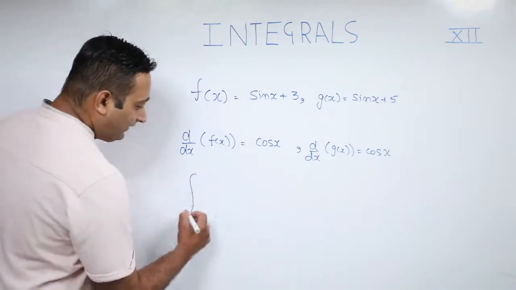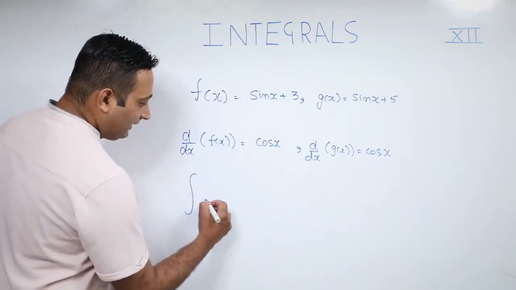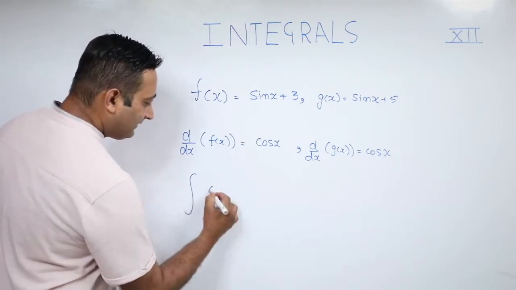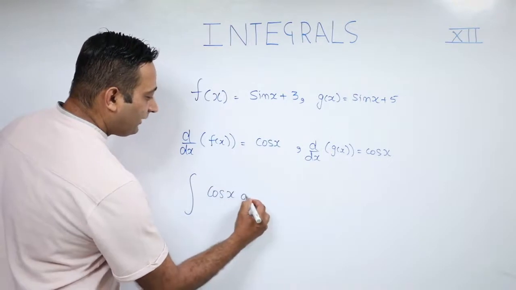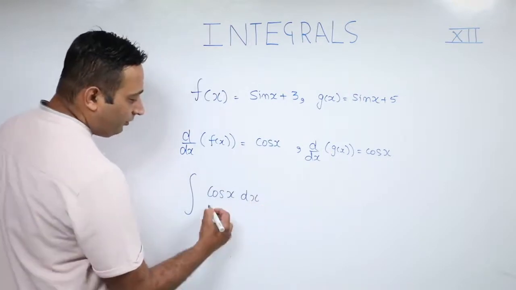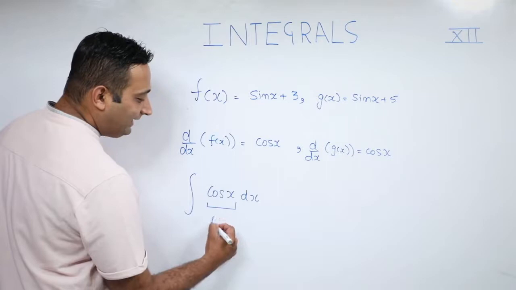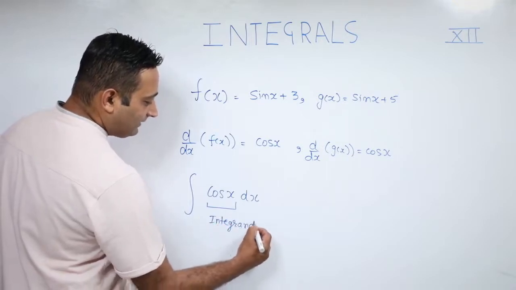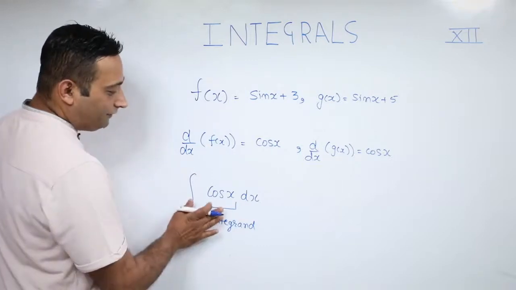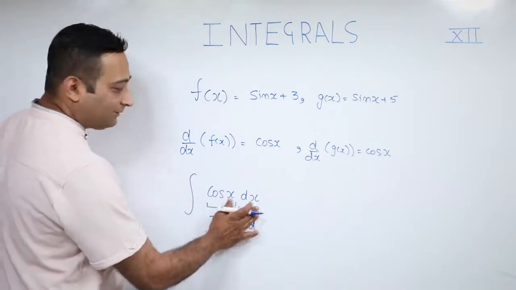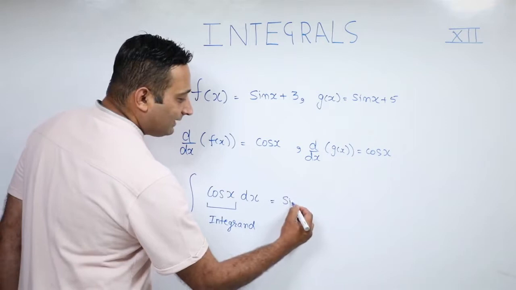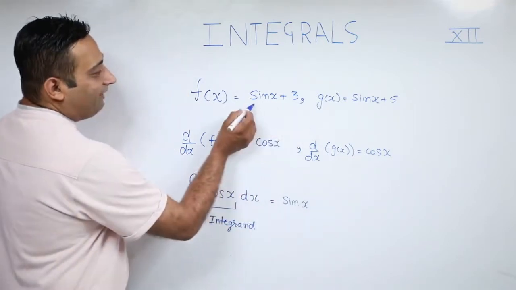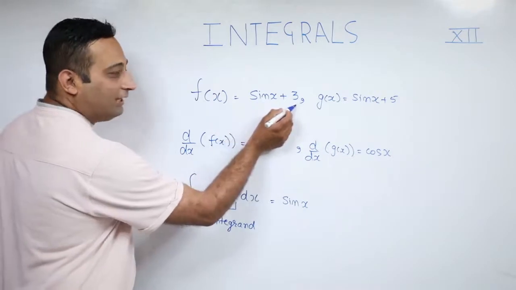Now let us consider the operation integral. Integral is the reverse process of derivative, that is, if we integrate cos of x with respect to dx, we call this part as integrand and this symbol as integral of this function with respect to x. We must get the answer as sin x,